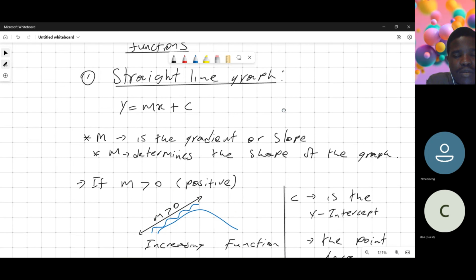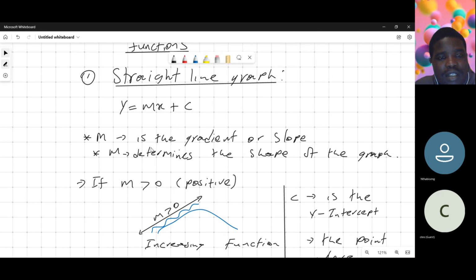So, this is where we started. This is where you left, Ntabiseng. We're saying that m is the gradient or slope of the graph, or determines the slope. m also determines the shape of the graph,